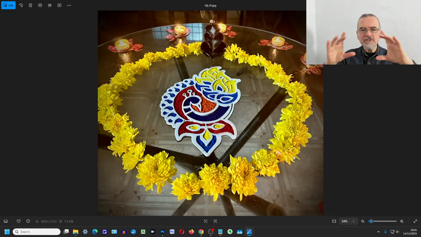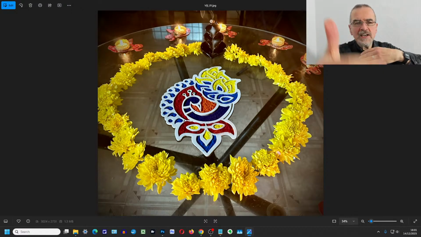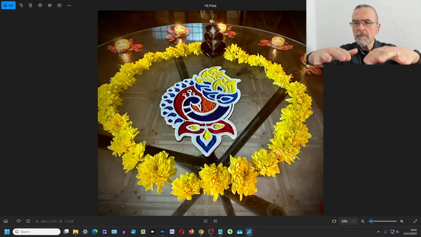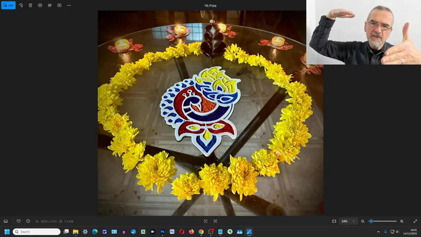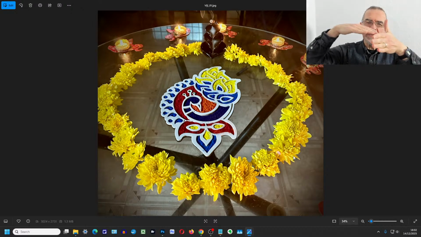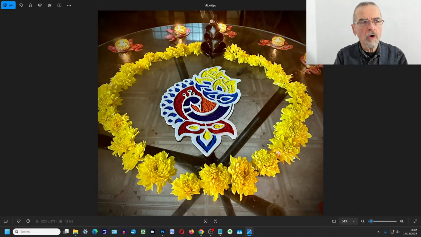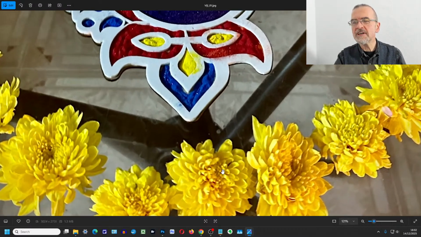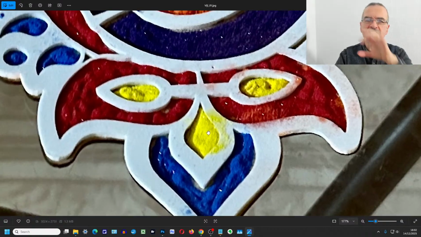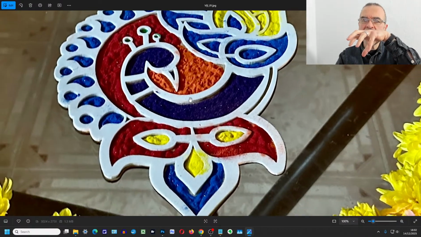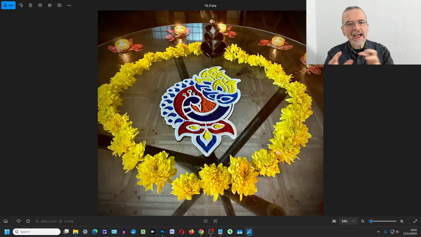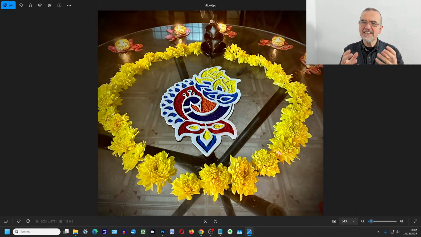So you get a couple of candles in the foreground, then you get the layers of flowers, then you get the peacock rangoli into it. And so you get that 35-degree-ish angle coming in, just to get a sense. Or go in right close, go in with your macro, pick out details in the flowers, pick out details in the design, and go for that fill-the-frame or semi-abstract look. These three different ways are the ways I think will work best with this.